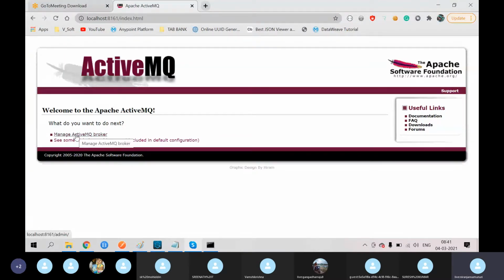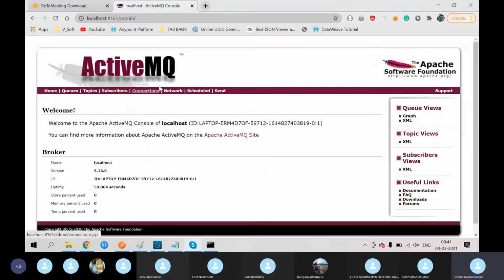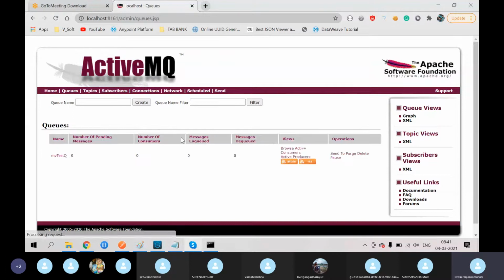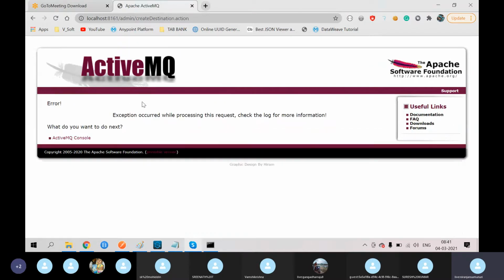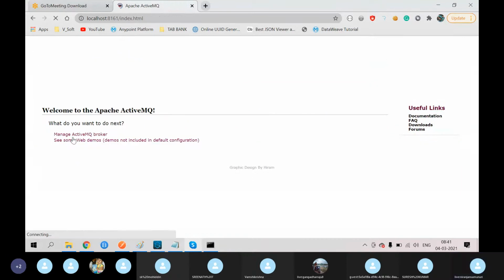Here you have to click Manage ActiveMQ Broker. After that you have to click on Queues. Here you can see all your queues, and you can create your own queues also.